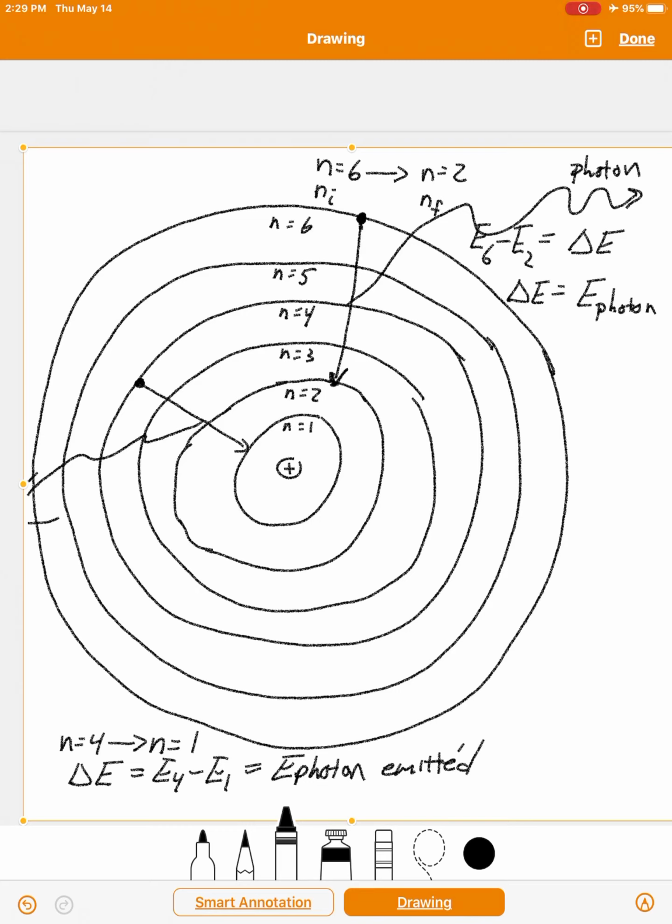So energy is conserved, right? We're not creating or destroying energy. What we're saying is the electron spontaneously jumps back down to this lower level and emits a photon in the process. And the energy of that photon is equal to the difference in energy between those two quantum levels. And if you want an analogy,